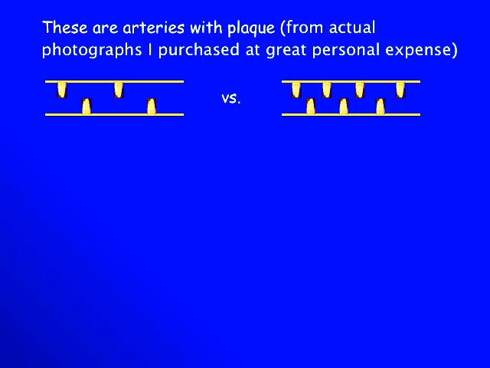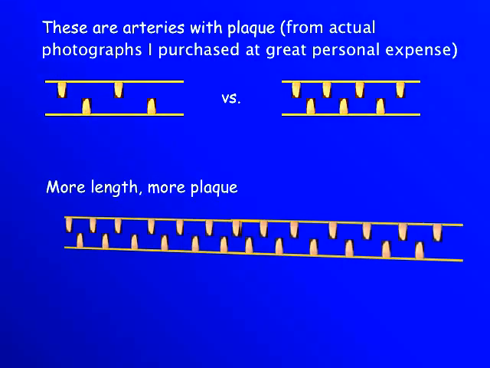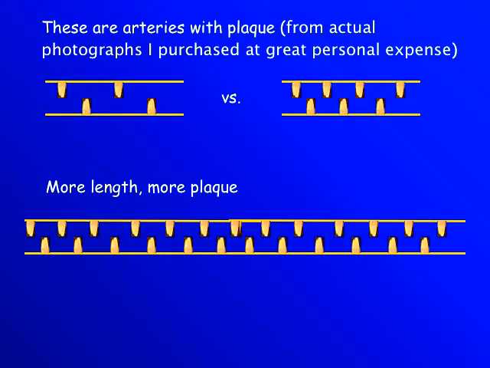Well, what does resistance do? Like the warming of your hands, the resistance from your skin warms up your hands. Resistance warms up a fluid. So the more plaque you have in the arteries, the warmer your arteries get. They increase their thermal energy. If your arteries have a long length of plaque, more length of plaque means more resistance. So resistance depends on the amount of resistors, the plaque, and the length of the resistor.